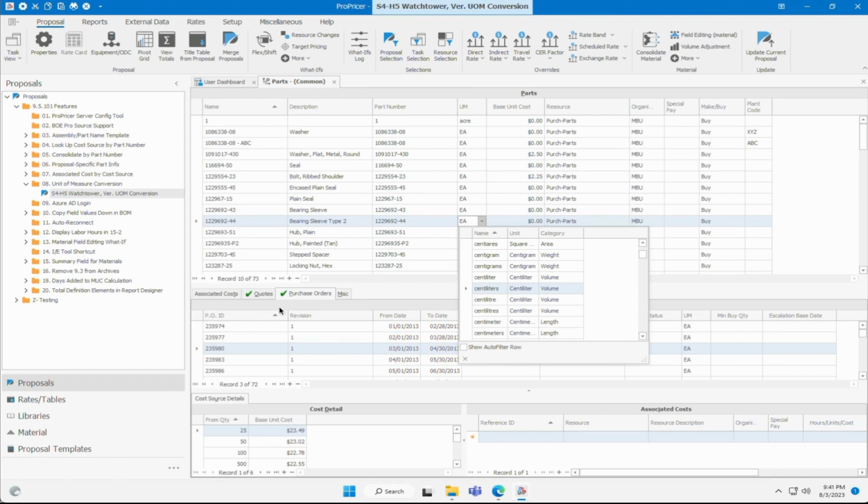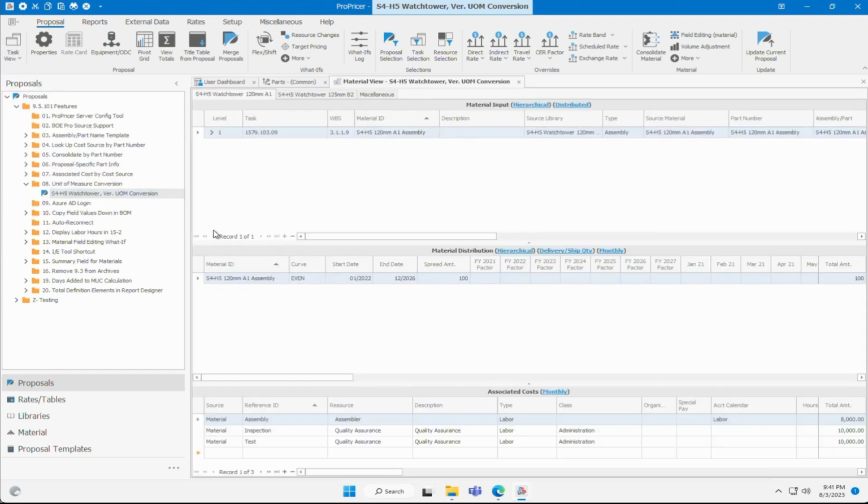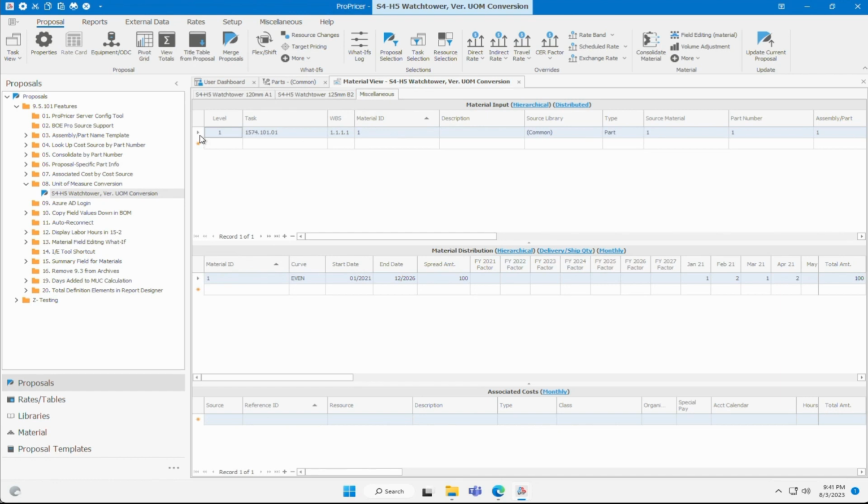To perform the conversion, just open up a proposal in either Task or Material View. In this scenario, I'm just going to choose Material View. You're going to want to add a part and spread however many of that part you'd like to on the proposal. Again, in this scenario, I believe I have something already pre-configured, and I do have a part here. So I have a part, it's called just 1, and I have this part spread 100 times on my proposal,